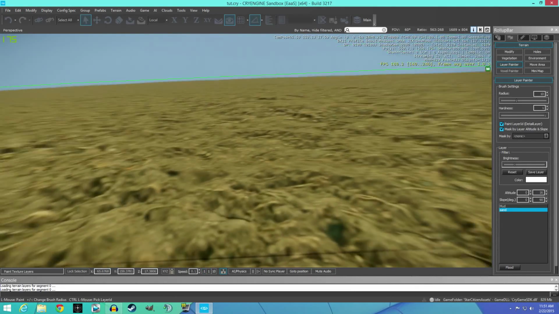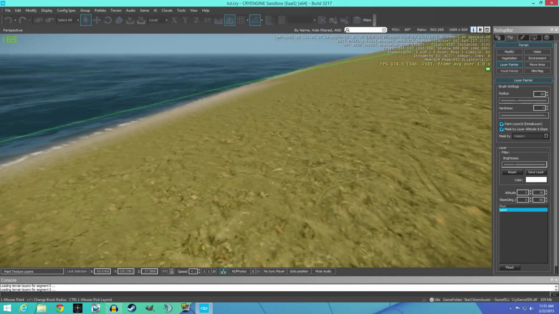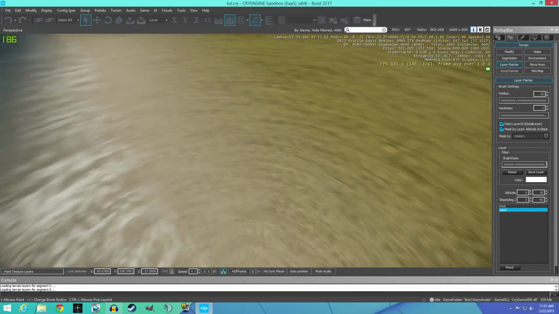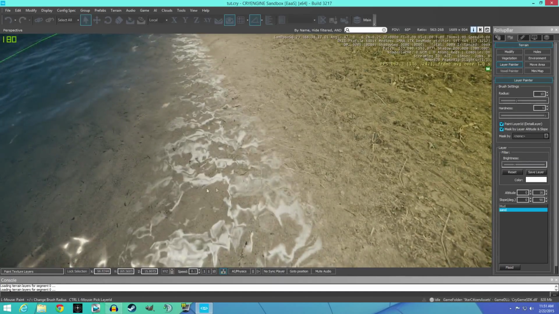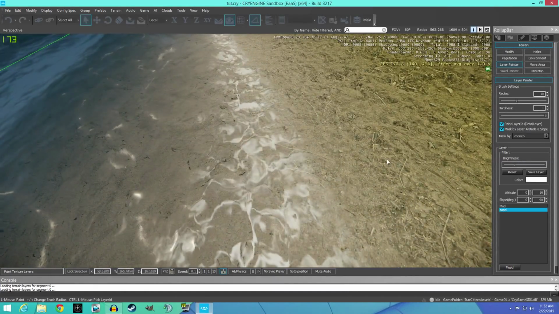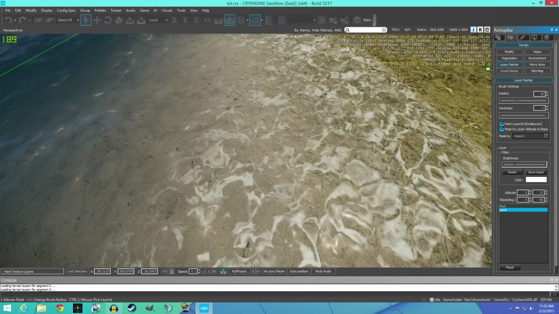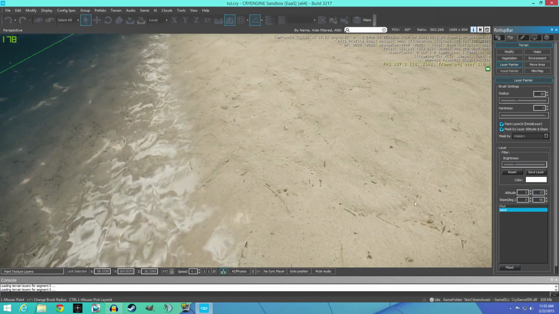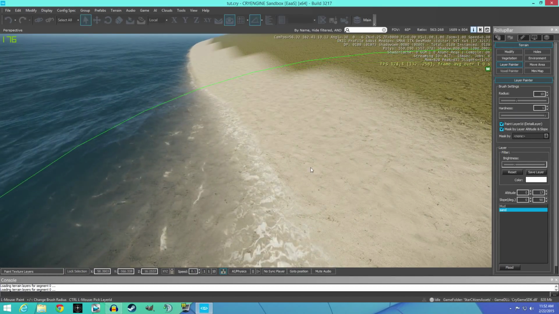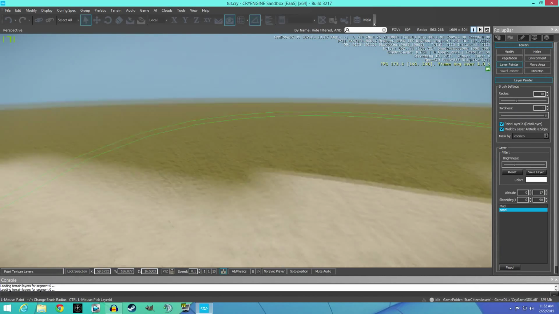And of course, I got my speed up way too high. Where are we at? Here we go. So now you see that the sand down here transitions into the mud up here. And we can actually even change this to 17, bring it up a little higher, flood the layer. There we go. Now we have a sandy beach that transitions into the muddy